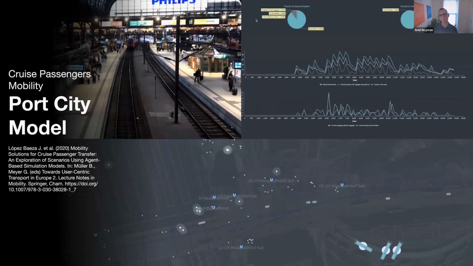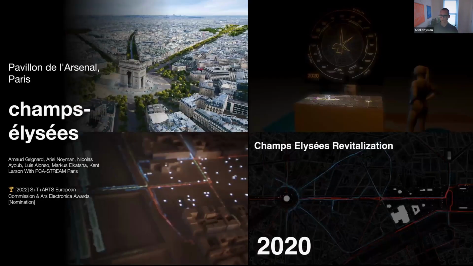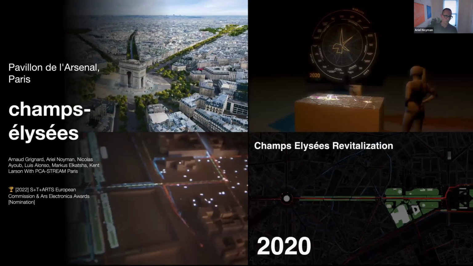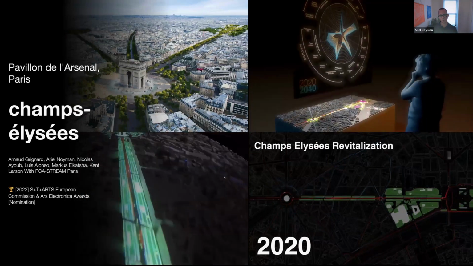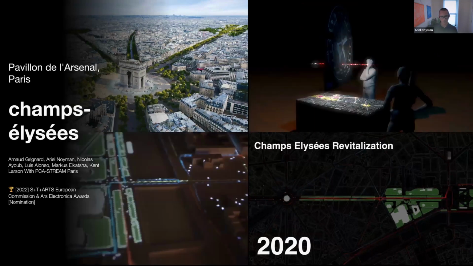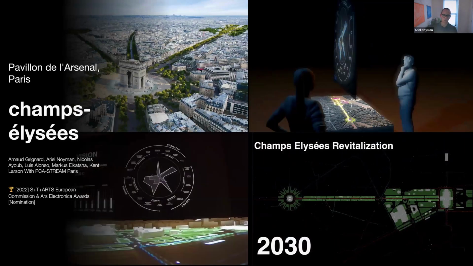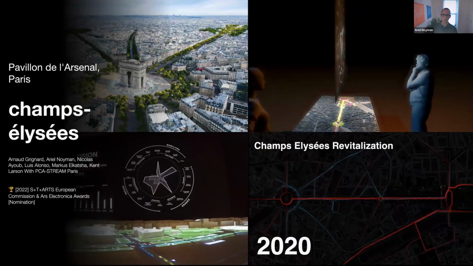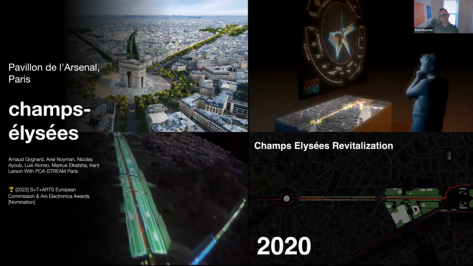And lastly, again, during COVID, we did a project on the Champs-Élysées Boulevard in Paris. You're probably all familiar with this famous boulevard in which the city is planning renovation, removal of some car traffic, as well as changes to commerce and green spaces. And again, we were not designing the site, but we were using an ABM in order to evaluate the impacts of those changes on both locals, tourists, etc.